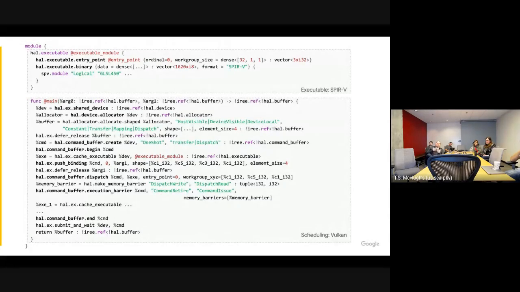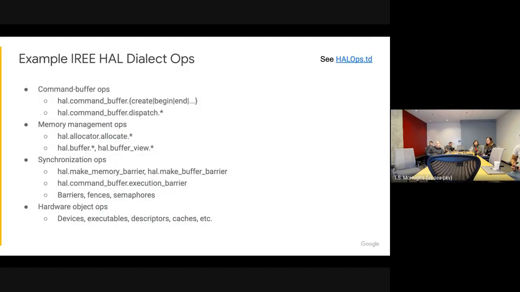And the scheduling code that was before this SSA form flow dialect has now become what looks like, if you squint, the same exact code you would write if you were trying to write this in C++ to schedule that work. Only now we've been able to generate that with a very high fidelity of information that normally just is not available if you're doing this as generic C++ code. And really what we tried to model here is basically the Vulkan API, because that's immediately transferable to things like Metal and DirectX, as well as CPU side systems.